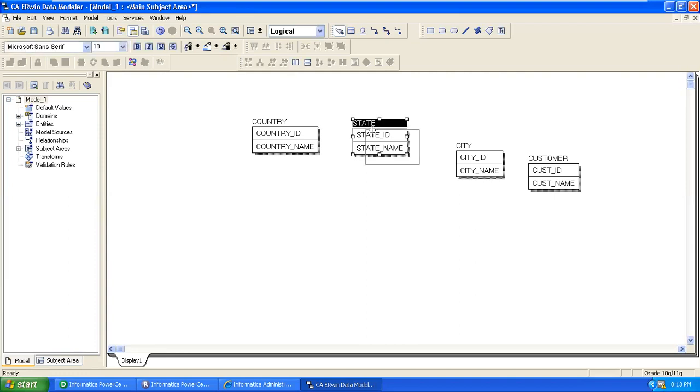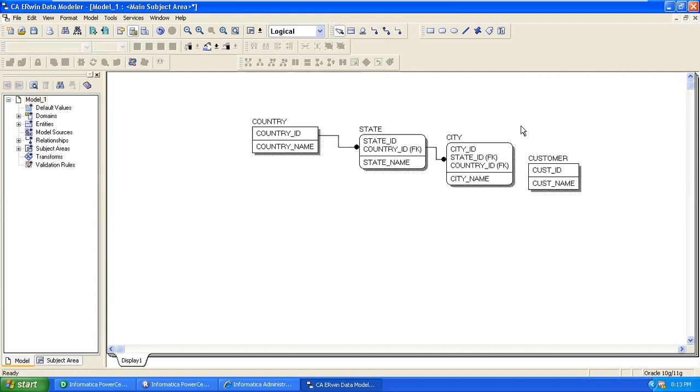All are relational tables. If it is an identifying relationship, how is a relationship established? See here. Okay, it is defined as foreign key in the key section of the state. Next, if you define, clearly can observe here. State table is a parent table for city. Okay, that's why state is defined as foreign key. But you can see here, country ID is also defined as a foreign key on city table, in the key section of the city table. It is migrated to the city via state table.